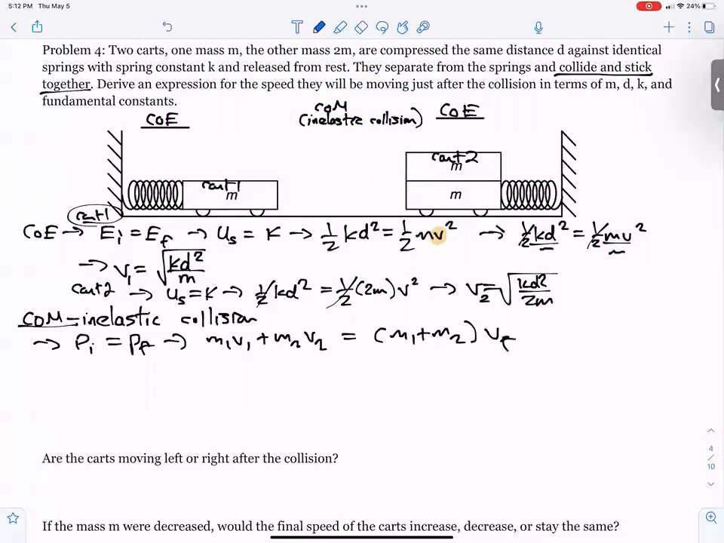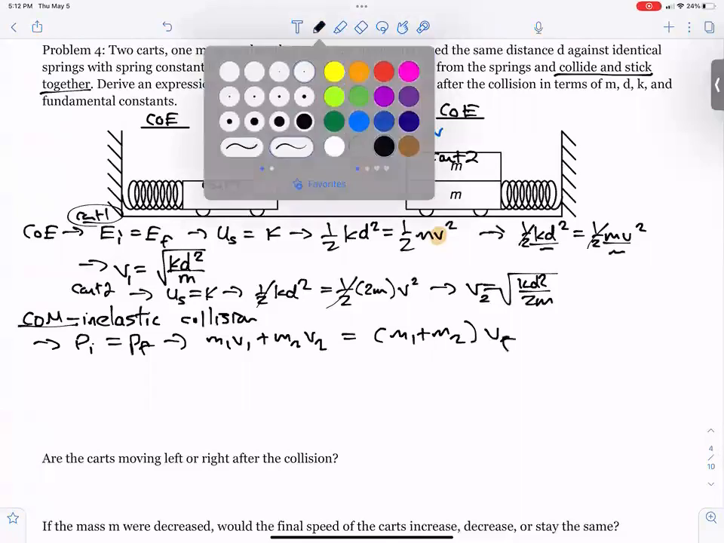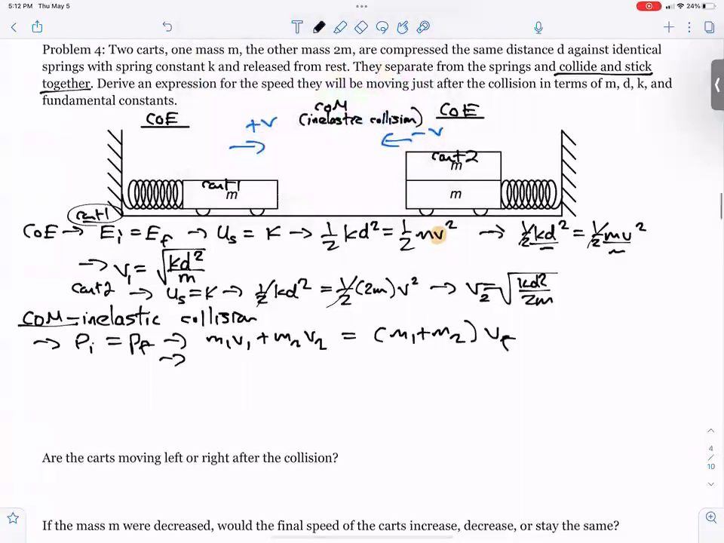Now, we need to establish a reference frame. I'm going to suggest that cart 1 going to the right would be positive velocity and therefore positive momentum, and cart 2 going to the left is going to be negative velocity and therefore negative momentum. So this would change to, and we're going to actually substitute variables now,